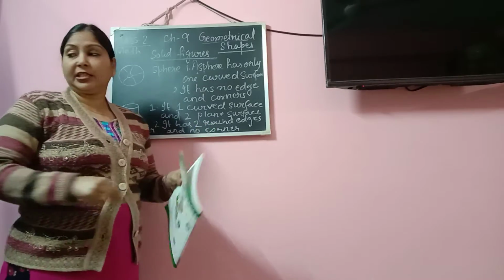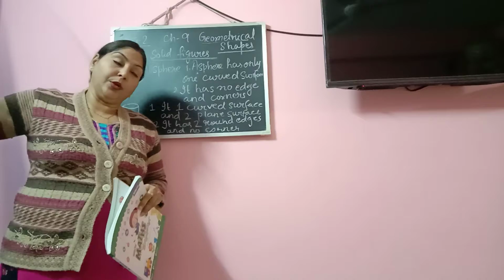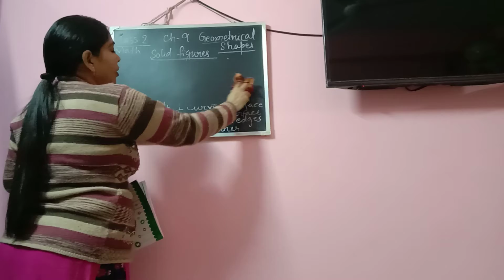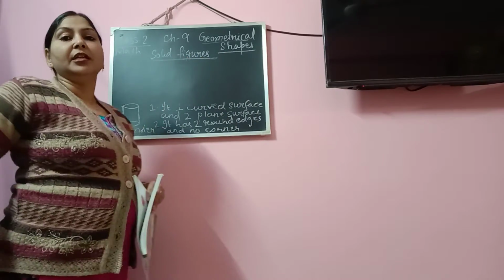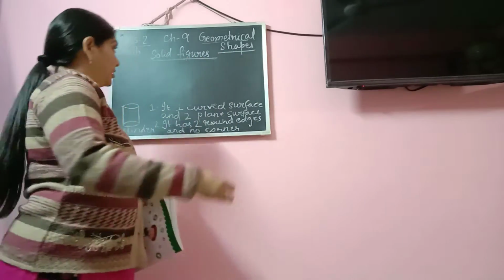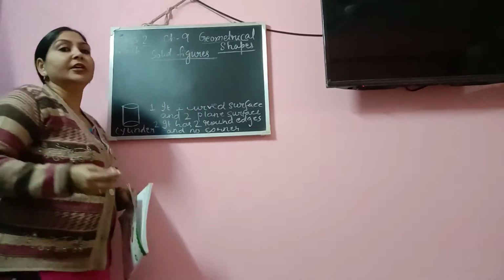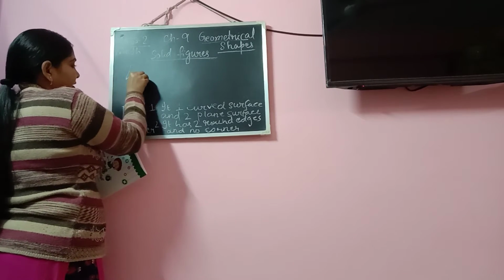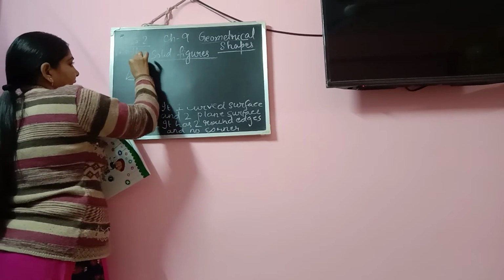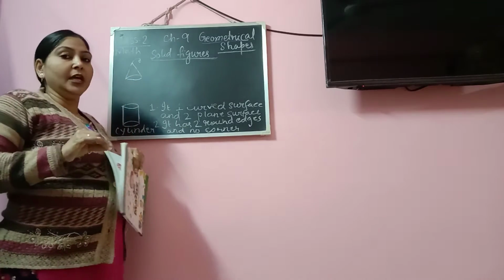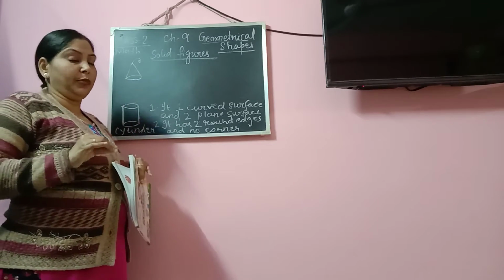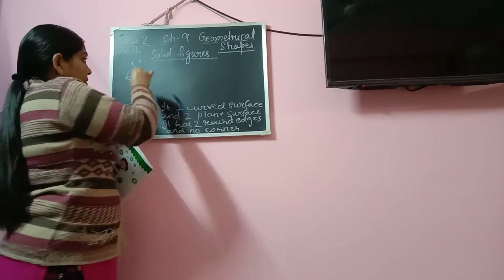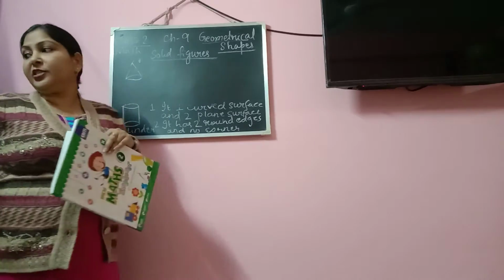Now we come to the next topic, that is cone. I'll rub this. Now cone, how does it look like? If you have seen clowns, they wear a kind of cap that is called a clown cap. You must have seen it like this. If I draw, it is something like this. This is a clown cap. What is the shape of this clown cap? The clown cap shape is actually cone shape. So the name of this solid figure is cone.